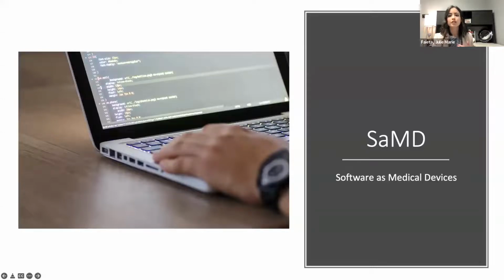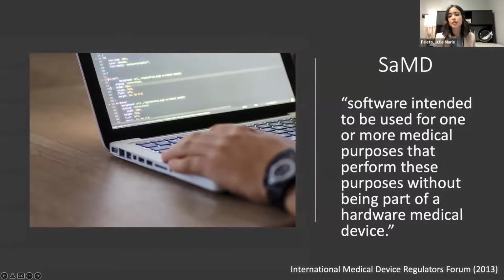So the question is, should or is mHealth being regulated? And to talk about that, let's talk about software as medical devices, because medical devices are what require regulation. So software as medical devices, or SaMDs, are defined by the International Medical Device Regulators Forum as, quote, software intended to be used for one or more medical purpose that performs these purposes without being part of a hardware medical device. So the short answer is some mHealth would fall into the category of SaMD and would therefore require higher